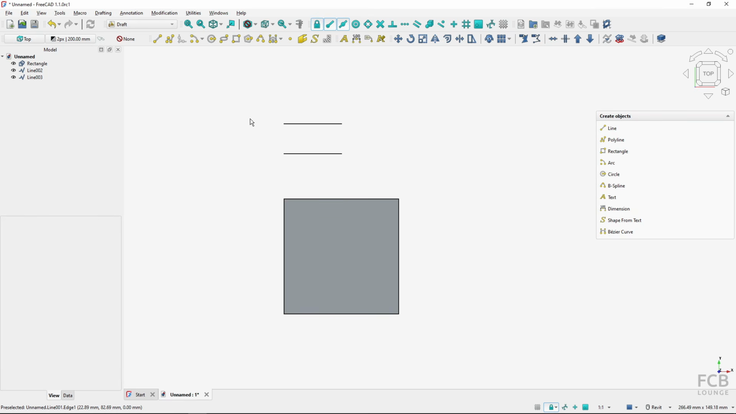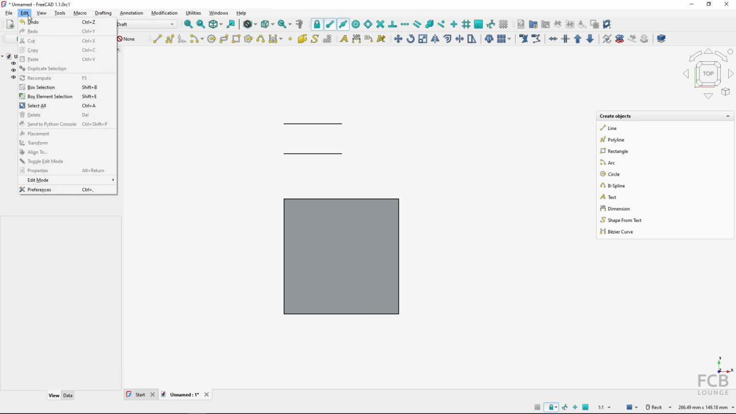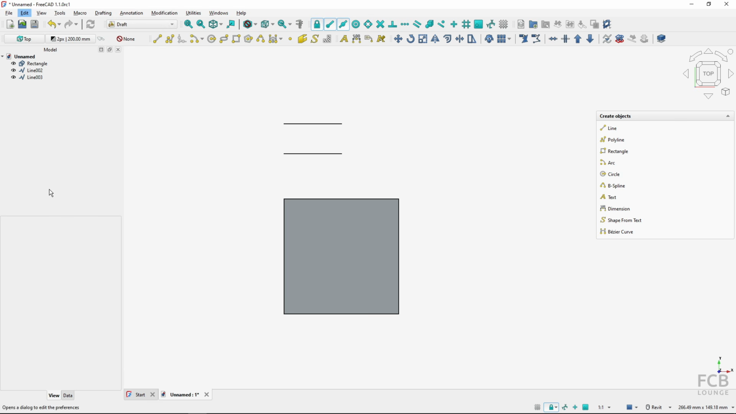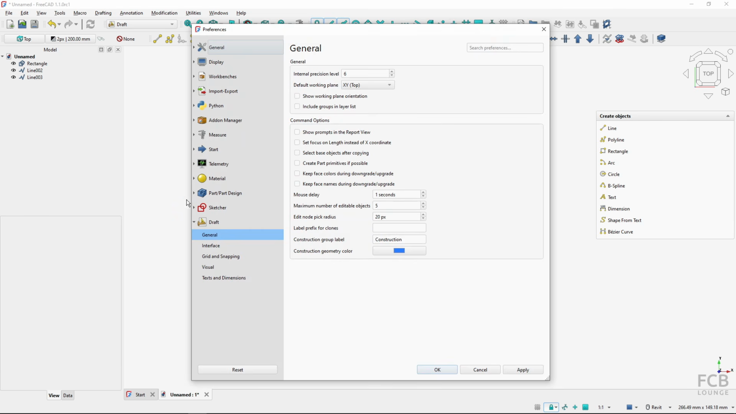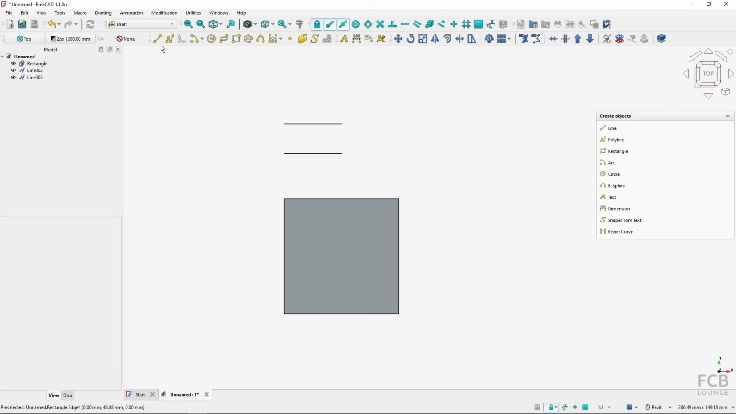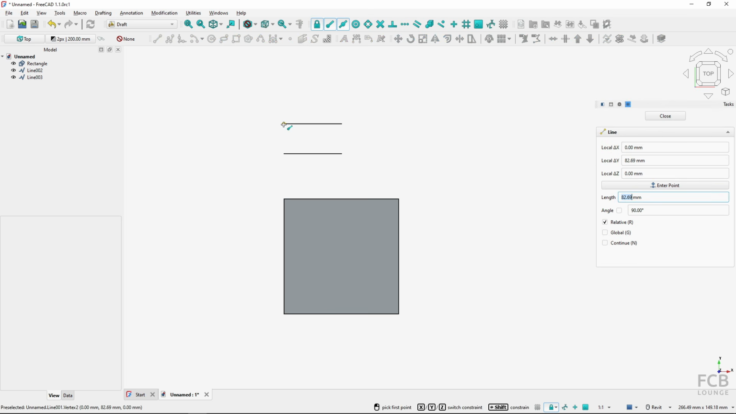And to be able to do this, I will go to Edit, Preferences, and in the Draft workbench preferences, in the general settings, I set this option on: set focus on length instead of X coordinate. So if I check this and hit OK, now if I start to create a line,